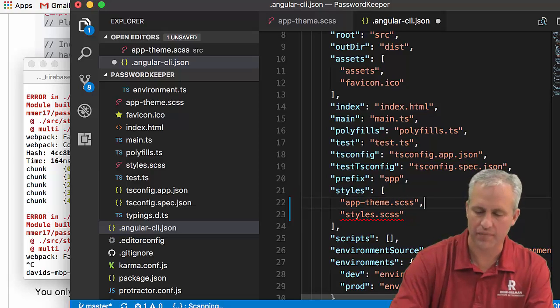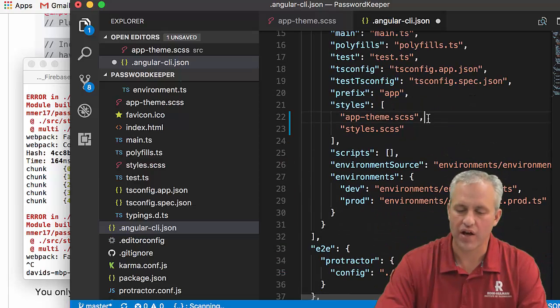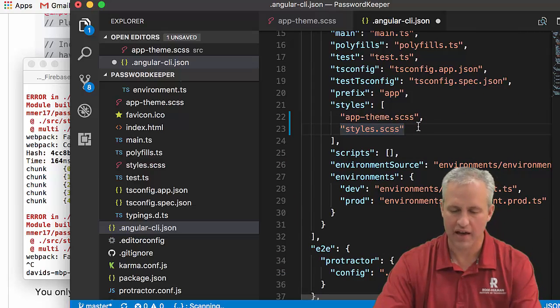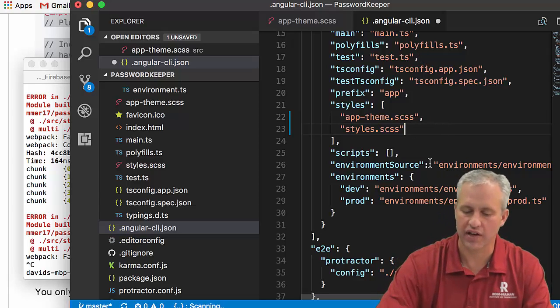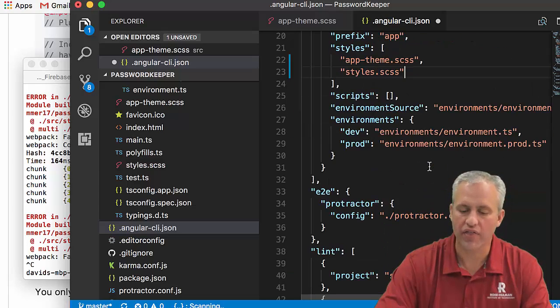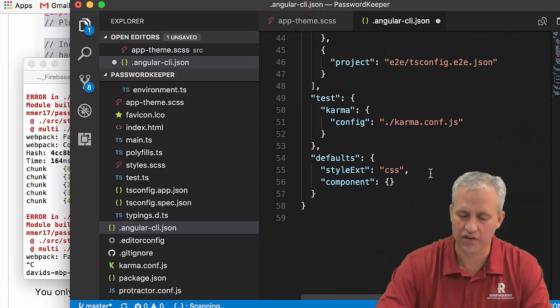We have to put a comma there. Little note, trailing commas would be bad because it's a JSON file, so if I put a trailing comma there, it would work out badly, so I can't do that. Another thing I want to change while I'm in here is default extension. I want to use Sassy CSS by